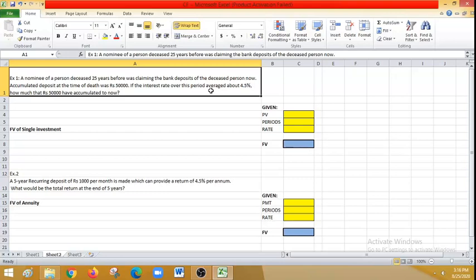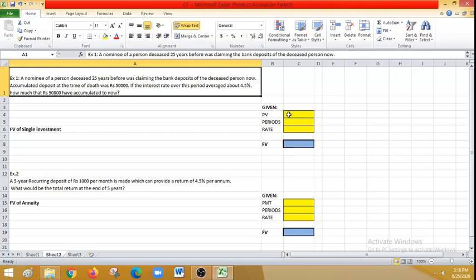Instead of a problem like this, we can even use this future value of a single investment for examples like fixed deposits. Just consider we are depositing 50,000 rupees now. After 25 years or after 5 years, what is going to be the value of that 50,000 rupees? So in that way also it can be useful, right? I will try to solve the future value of a single investment through the example that I have. So here I have three data given in my problem.